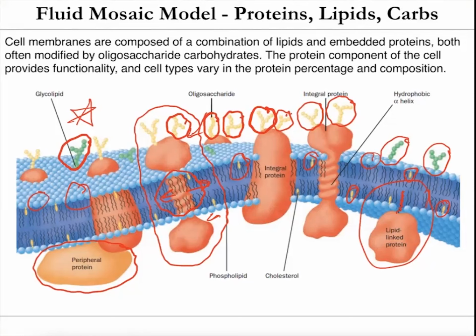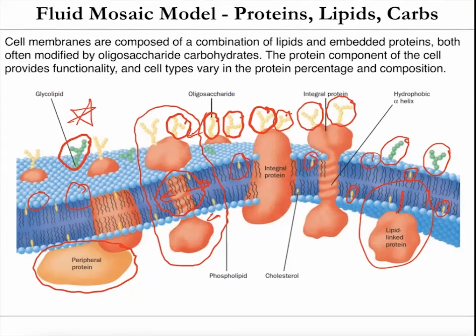And things like myelin sheaths, which we talked about in the previous lectures, those are the membranes that go around the neurons to help those nerve impulses go faster. If there's a breakdown in that, you can get something like multiple sclerosis. Those have very low protein composition, only about 25%. Whereas your mitochondria, which we'll talk about in a bit, also have lipid membranes around them, but they have a huge amount of proteins because they do so many important metabolic activities. So in mitochondria, those membranes can have like 75% proteins.